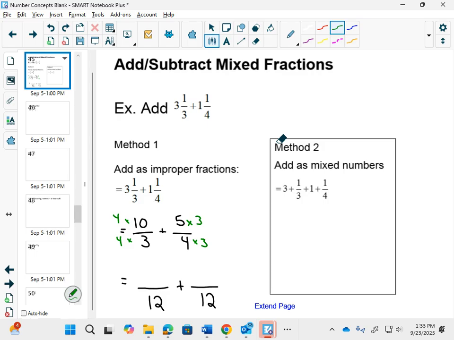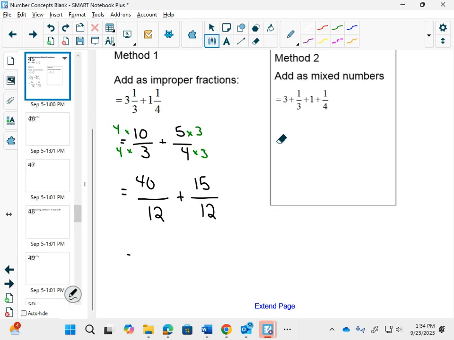And then on the top here, 4 times 10, that will give me 40. And 5 times 3, that will give me 15. Add these together, because now the pieces are the same size. 40 plus 15, 55 over 12. Or, if we wrote this as a mixed fraction, count by 12s. 12, 24, 36, 48, 60. Okay, 60 is too high. 48 of them would be 4 full ones. And from 48 to 55,